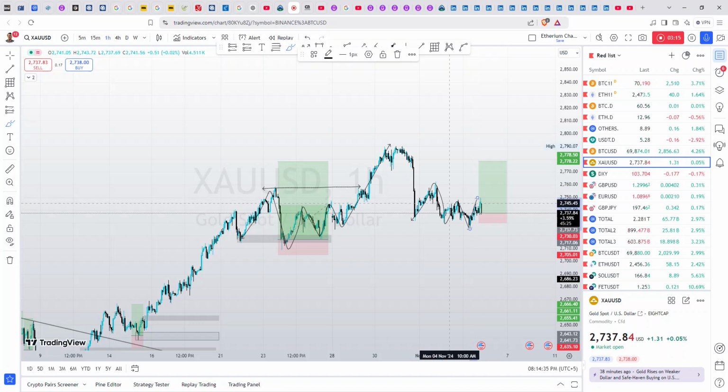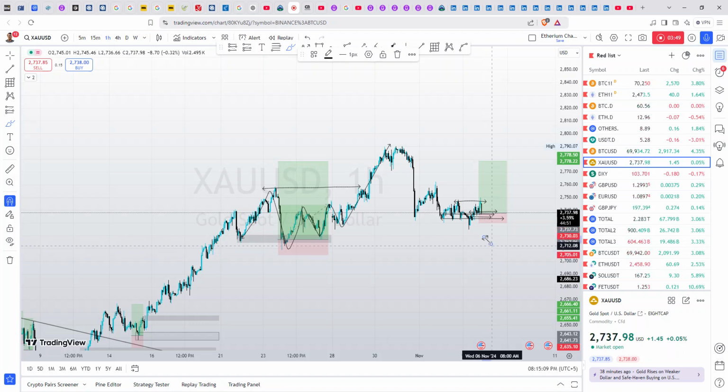And this marks a break of structure. This is not a valid one, as we haven't closed our candle above it, but I'm sure it is going to close the candle above it. Once that candle closes above this point, which is 27.46 dollars per ounce, we will take an entry near this point. These are order flows, you can see these are the order flows, and we will take an entry and place our stop loss below